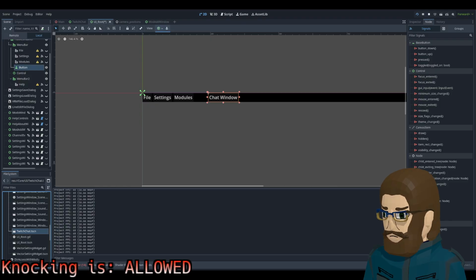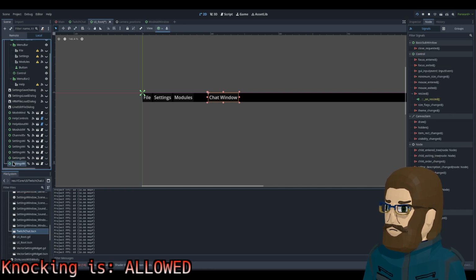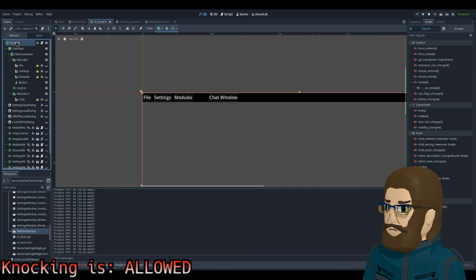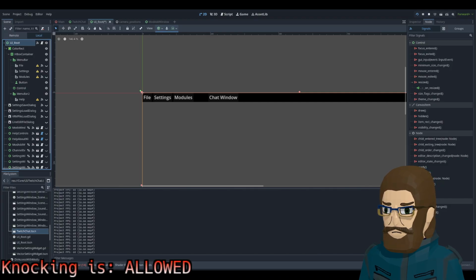So if we do add a child node, which we have Twitch service.